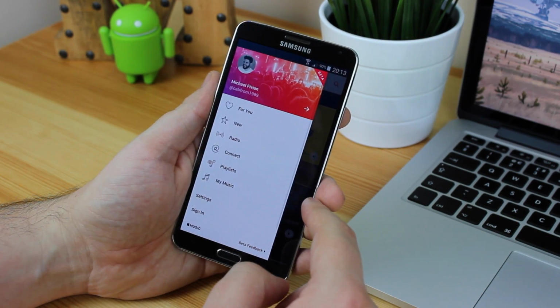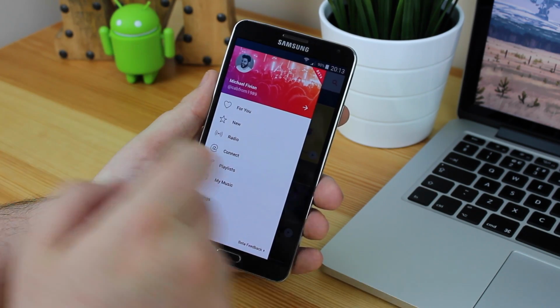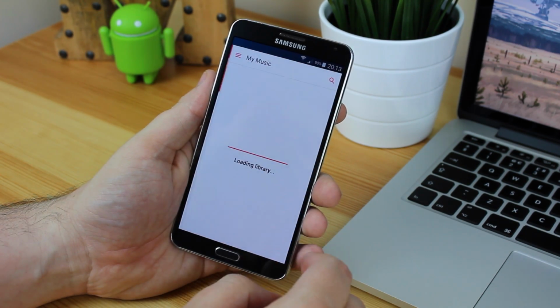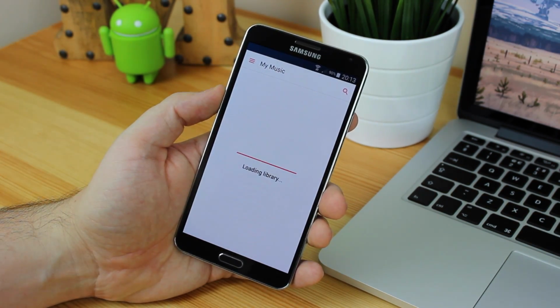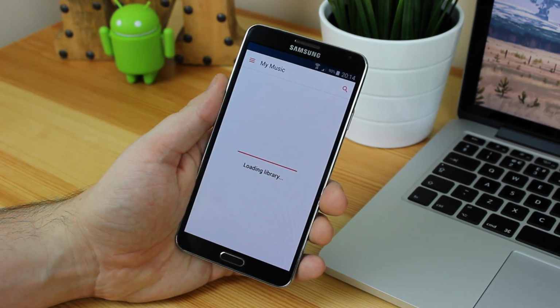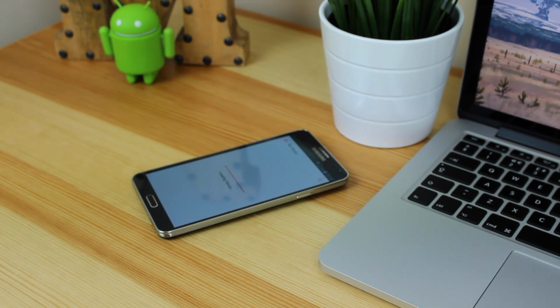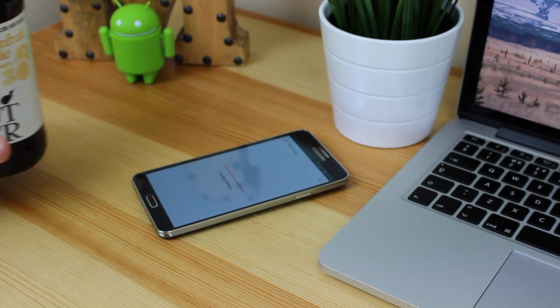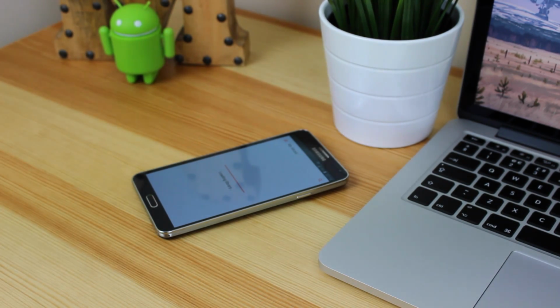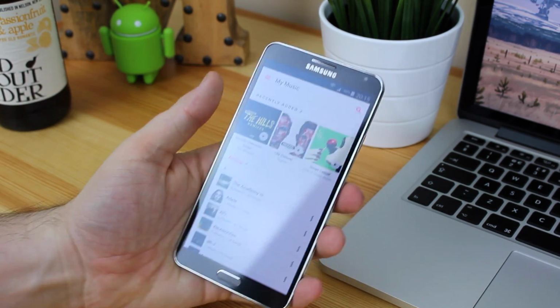You've also got the side menu here where you can get access to radio, connect, playlists, and also the My Music section, which takes ages to load. I've got quite a lot of music in there, but it is getting everything from the cloud. It's not loading it locally on my device, so I did have to get myself a beer just to kind of pass the time a bit while everything loaded, but once it was all done, you've got all your music